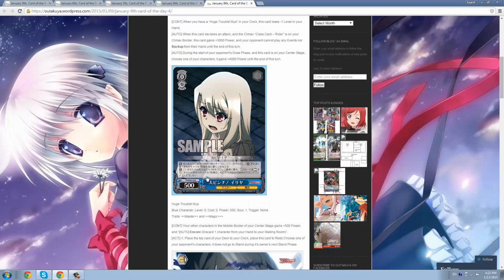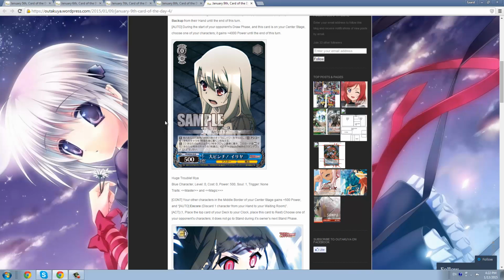And this Illya herself is actually very good in my opinion. She gives a center character plus 500 and hand encore, which is very good in its own right. And also she has a pretty nice secondary effect because you can pay out climaxes with it. You can control your clock, like if you want to hit 0 to 1 faster than your opponent, or even if you want to hit level 2 really fast for some odd reason, or if you want to hit level 3 to try to kill them with the climax combo